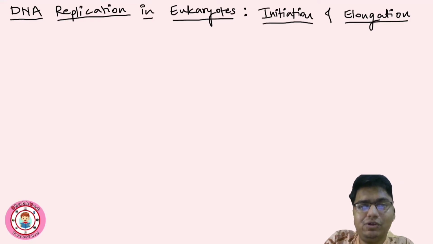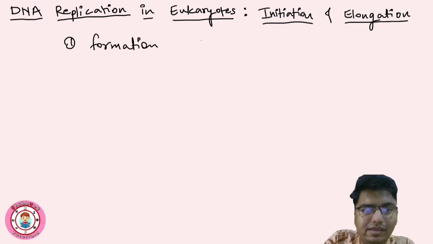In the previous video, we saw whole DNA replication in prokaryotes: initiation, elongation and termination. Eukaryotes also have a similar process, only the complexity is increased a little bit and the names of the proteins, or we can say enzymes, are changed. So here the first step is the formation of